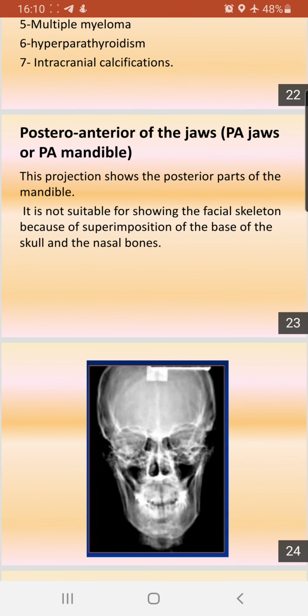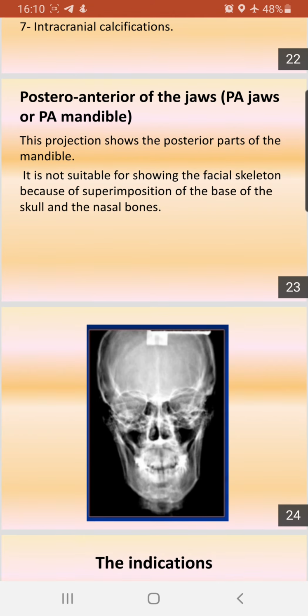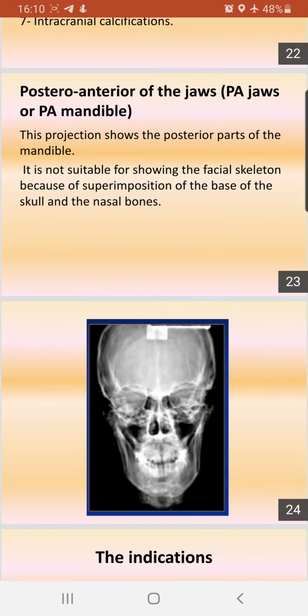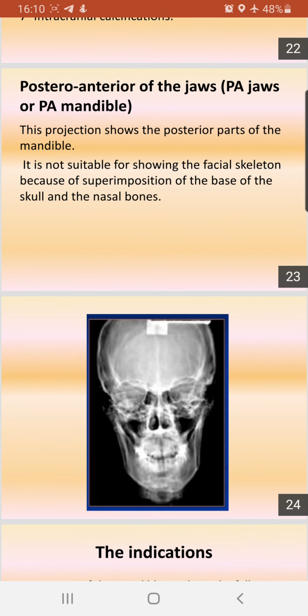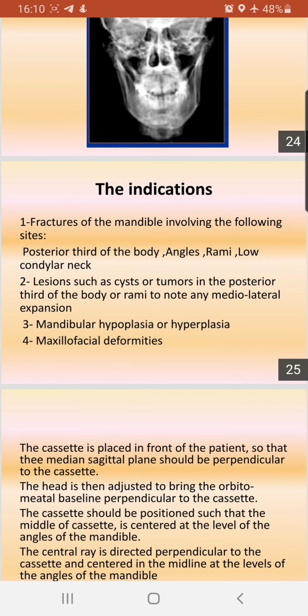Postero-anterior of the jaw or mandible. This projection shows the posterior part of the mandible. It is not suitable for showing the facial skeleton because of superimposition of the base of the skull and the nasal bone. Indication: a fracture of the mandible involving the following sites: posterior third of the body, angles, rami, low condyle neck,